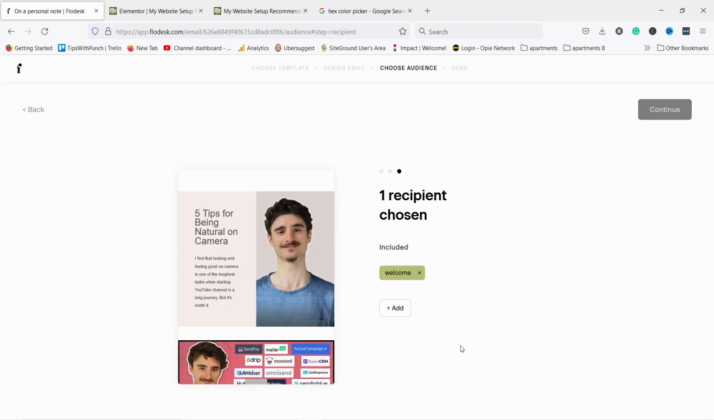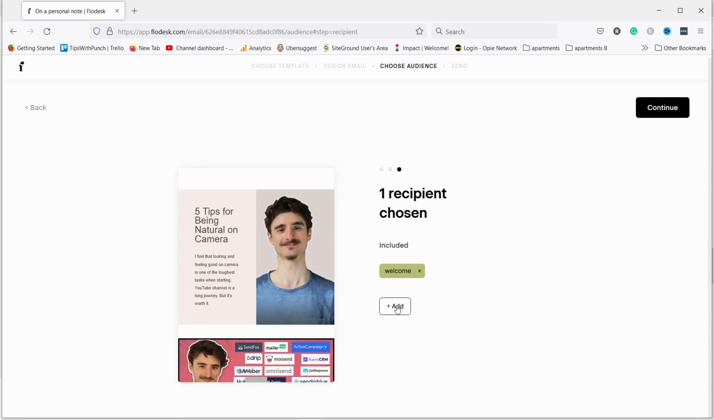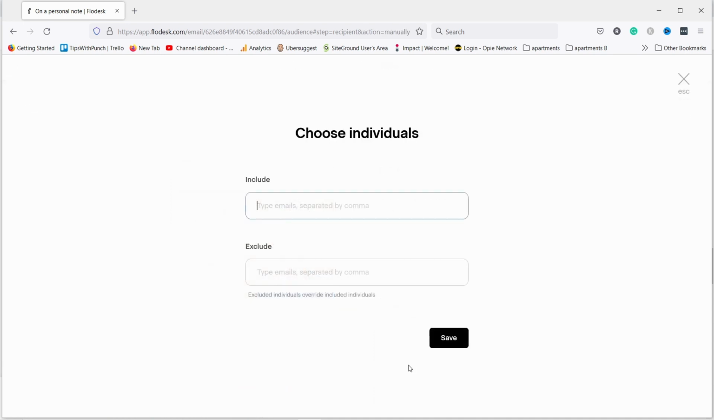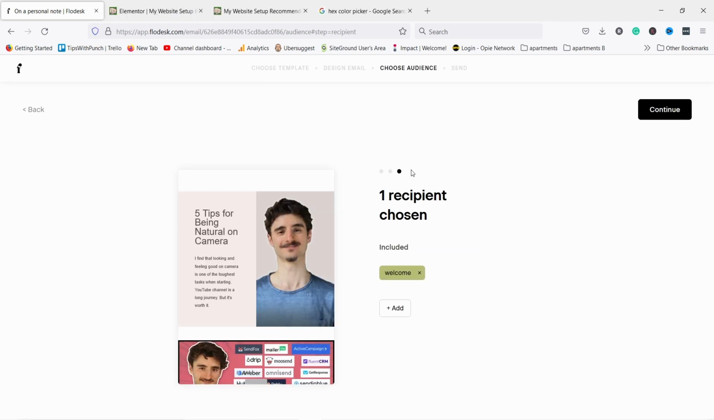If it doesn't let you save, it's because you don't have any subscribers yet. All you have to do is add here an individual. So for example, you could just add yourself, just add your email here. So if I start typing Robert at, you can start adding an individual here. And now it says one recipient chosen. So in this case, because we only have one person in the email list, that's the person who's going to receive this email. And if you click on continue,